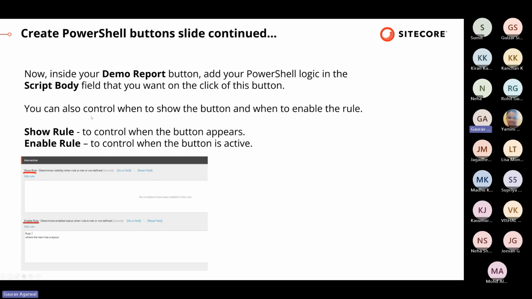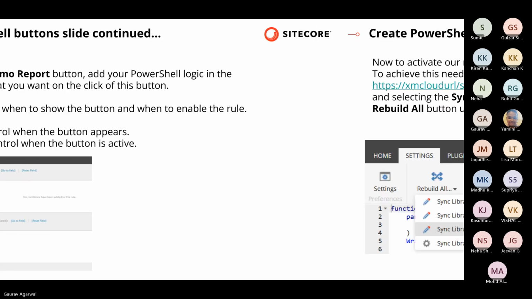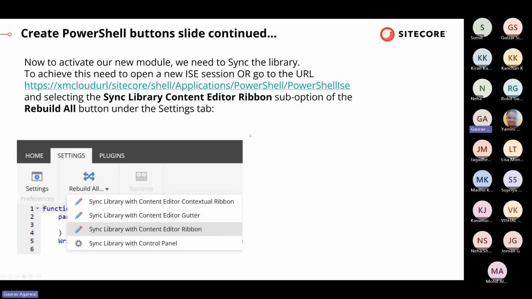This item also has two rules, show rule and enable rule. As the names suggest, these are very simple. The show rule controls whether you want to show this button on an item, or, for example, on a data source item you don't want to show this button. So you can control that with this one. The second is the enable rule, where you want to enable it, you can enable it by this. I'll show you all these things again. And in the last one,